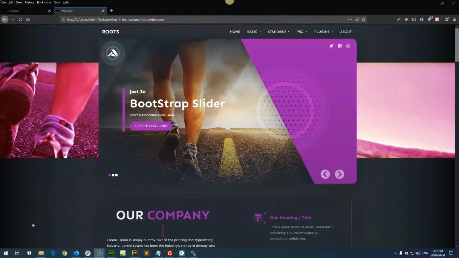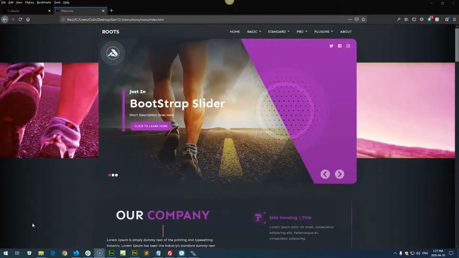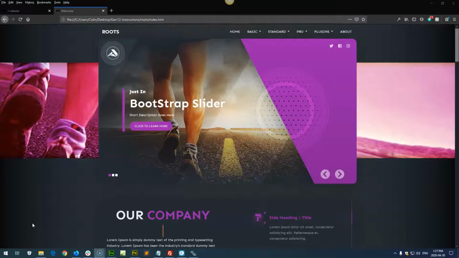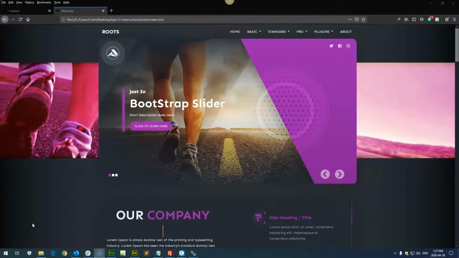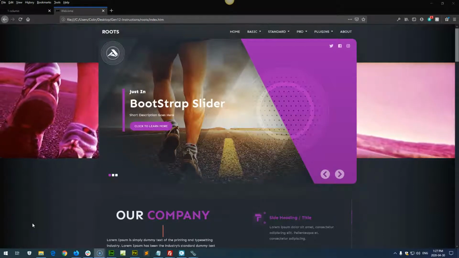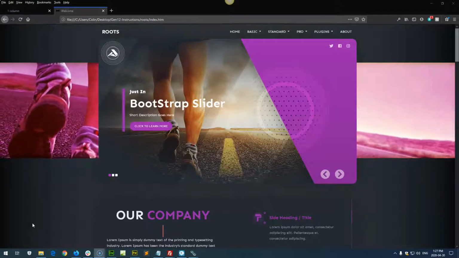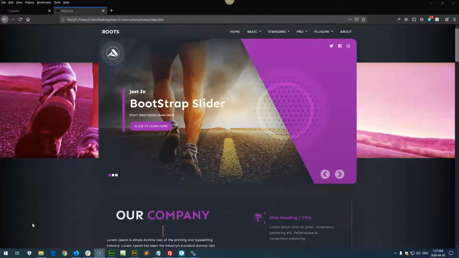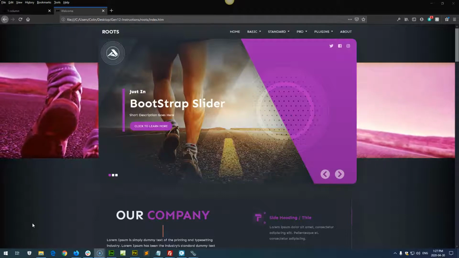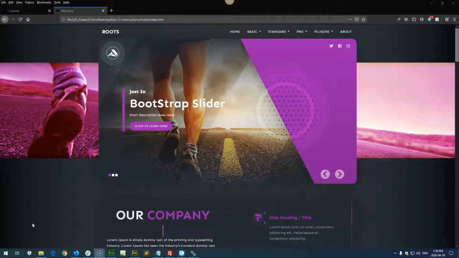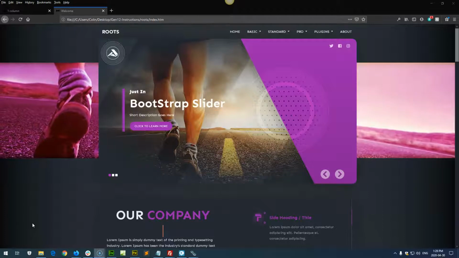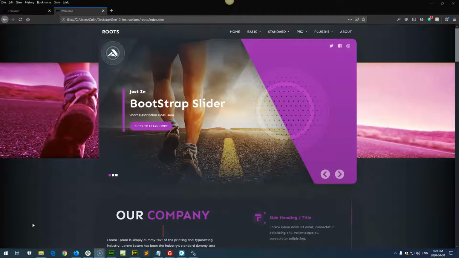Hi folks, I wanted to do a quick overview of the Roots template, especially if you worked with other products. This may help in determining how to best create your layouts and work with the different components in the site. One of the things we've tried to do with the Gen 12 templates is reduce the amount of library assets. In other words, reduce the number of includes that we're using and only use them sparingly and in places